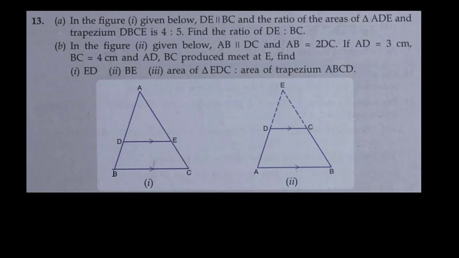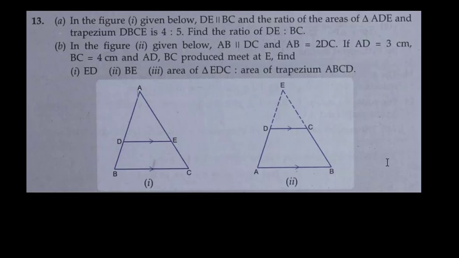So we know that the ratio of areas of two similar triangles is equal to the ratio of the squares of the two sides. So from that we can find this DE upon BC. These two triangles are similar. There should be no problem in understanding why these two triangles are similar. By AA criteria you can prove that they are similar. Okay, so let us do that.